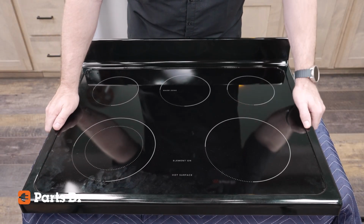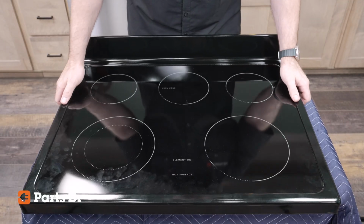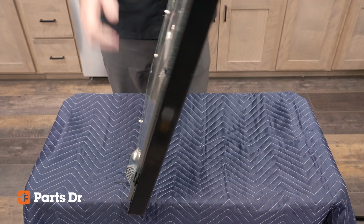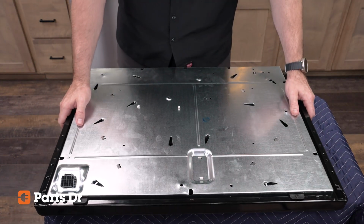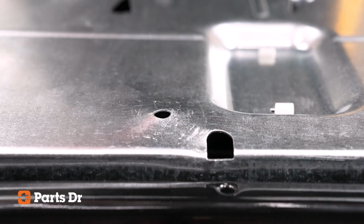You can slowly start to lift the cooktop to be sure that all clips are secure. Be sure all clips are secure before moving the cooktop. Once the cooktop is secure to the burner box, carefully flip the cooktop over to attach the push mount cable ties. Starting at the front center,